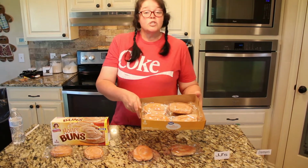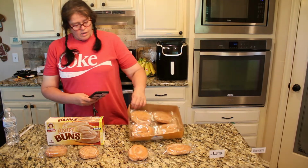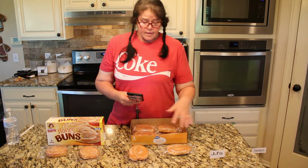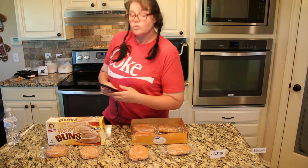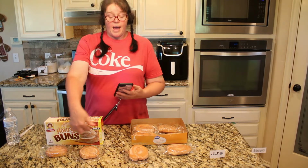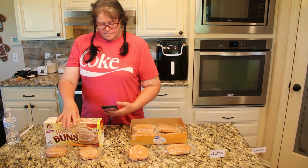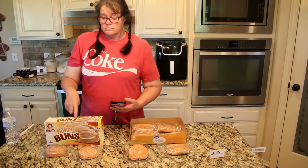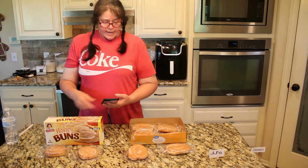Walmart's gives you 8 honey buns in a box, these big fat honey buns, for $3.50 for 8. Okay, $3.50. In the big pack of Little Debbie honey buns, you get 9 honey buns. You get an extra honey bun than you do in the Walmart brand, right here, for $4.48. So, $4.48